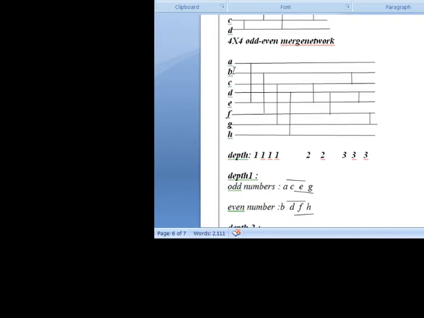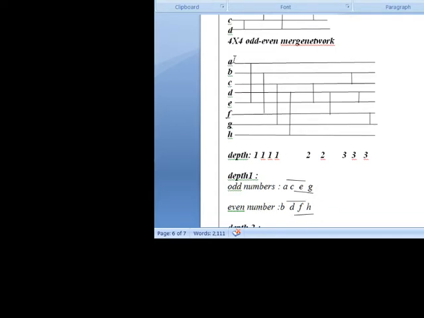Here, coming to A to H, odd numbers are A, C, E, G. First comparator we take AE, second comparator CG. This is the odd numbers.